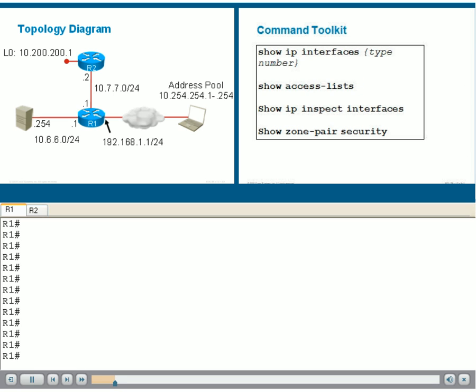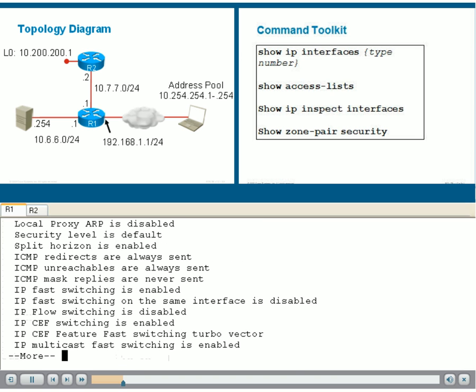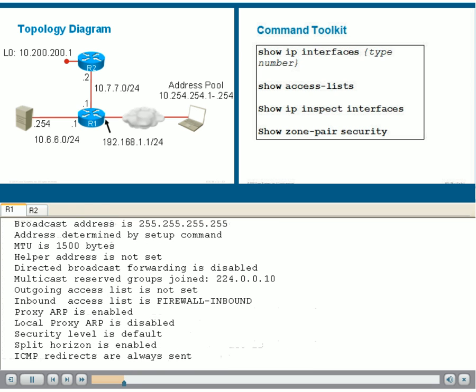To identify the firewall type, we can use any of the commands listed here. Remember, the show ip interface command and show access-lists will tell you whether you are using and attaching ACLs to your interfaces. The Internet-facing interface in this example is the FastEthernet 0/1 interface. We can type show ip interface, and immediately we see there is an inbound ACL attached to the interface, conveniently called firewall-inbound. This access list, which we can see using the show access-lists command,